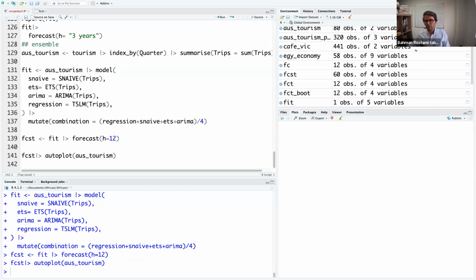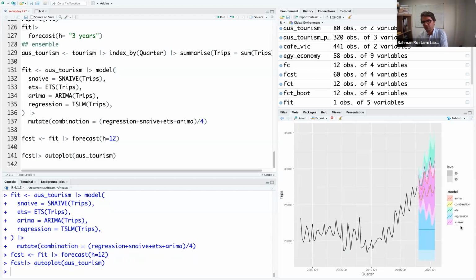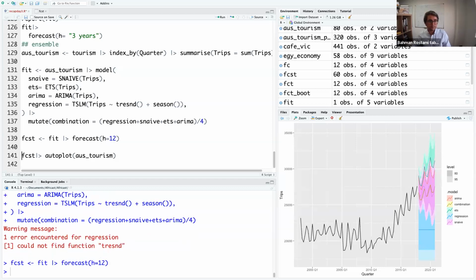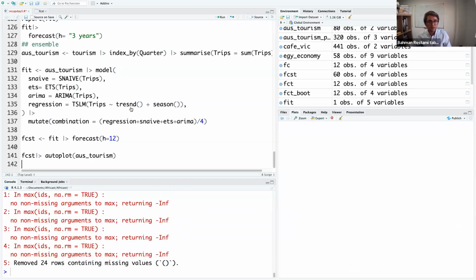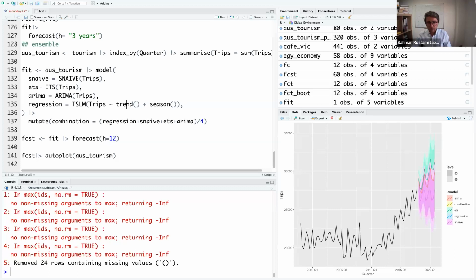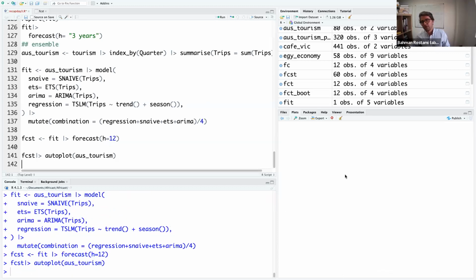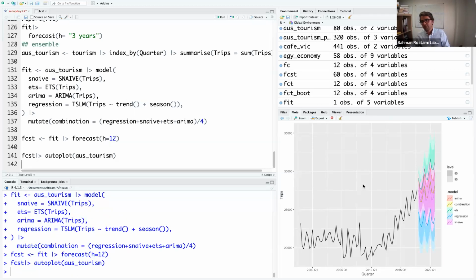This time, if I produce the forecast, now you see that I have the forecast for regression as well, which doesn't actually do well here. Maybe I will go and add trend and then the season. Okay. So yeah, you can add any number of models for the ensemble, but